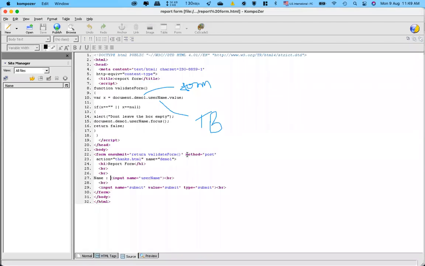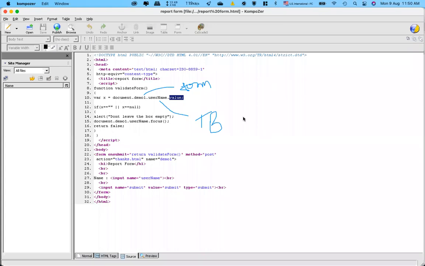So if you can understand now how this hierarchy is working: first I address the current page, in that I address this particular form, and in that I address the text box which has the name username. And then I want the values. So we have to read this like this: in the current web page, the form having name demo1, having an element with the name username, its value is to be picked and assigned to the variable X. So this is how this statement is to be read.